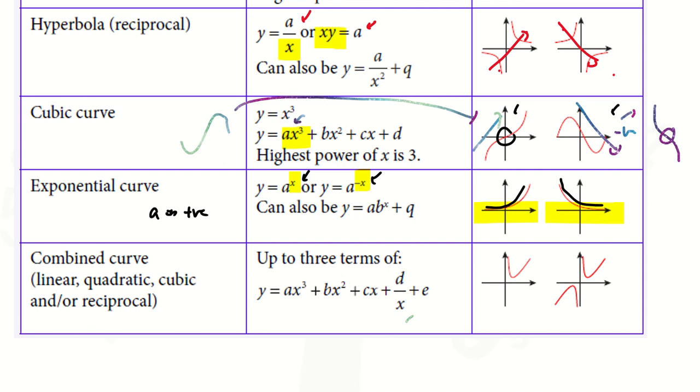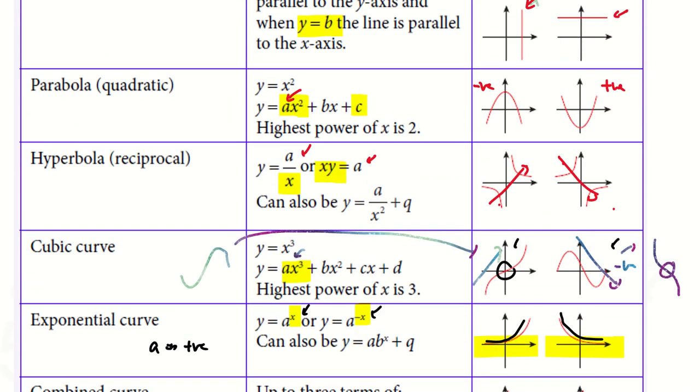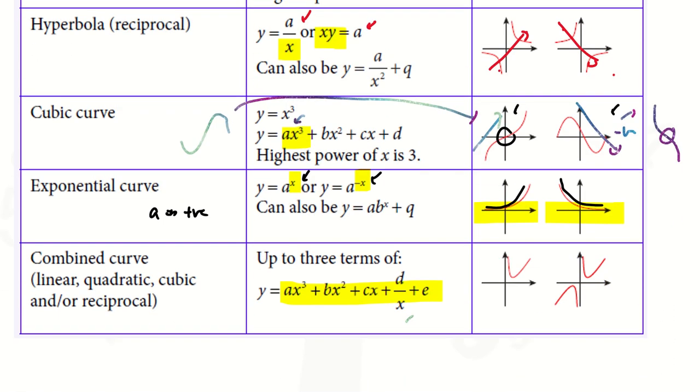So the last one will be the combined curve. I can combine any of these three terms, up to 3 terms. Okay, so you can see 我们这边里面有 cubic 啦，有 quadratic 啦，有 linear 啦，有 reciprocal，还有一个 constant term 的。所以这些当我 combine 在一起的时候，that means above 这些 graph 可以 combine 变成一种 graph 的。所以你看到那个 graph，seems like combining，它有2个 graph 的特征在同一个里面。